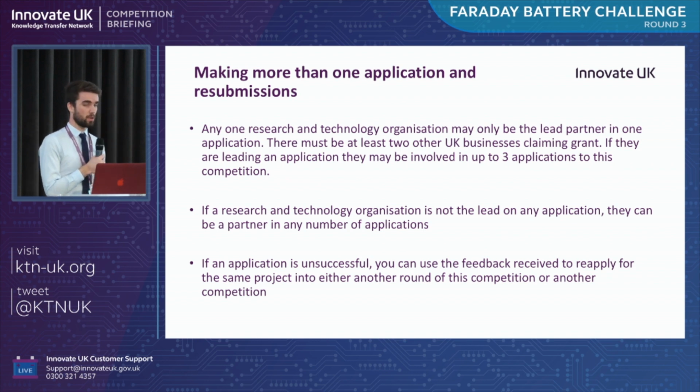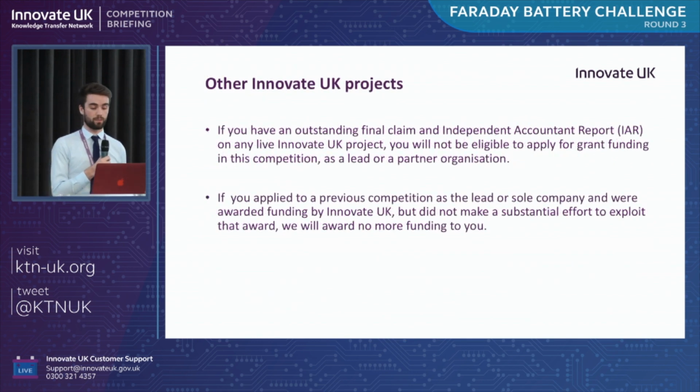So if you have any other Innovate UK funded projects currently live, this applies to you. If you have an outstanding final claim or an independent accountant report on any live Innovate UK project, you will not be eligible to apply for grant funding in this competition as a lead or as a partner organisation. If you've applied to a previous competition as the lead or a sole company and were awarded funding by Innovate UK but did not make a substantial effort to exploit that award, we will make no award of funding to